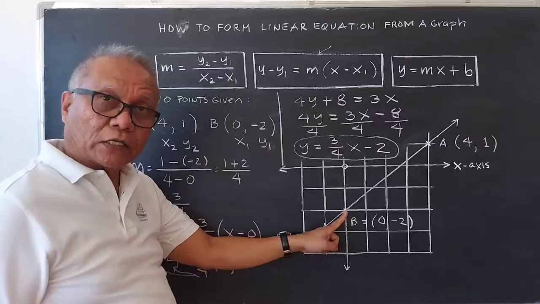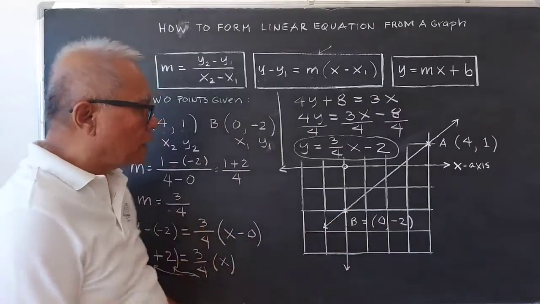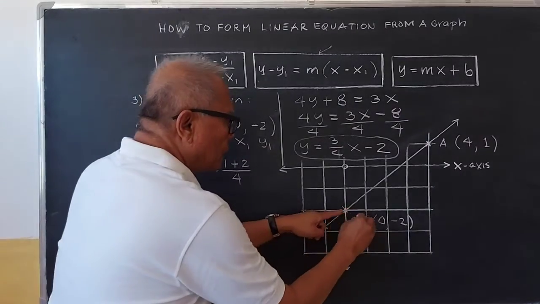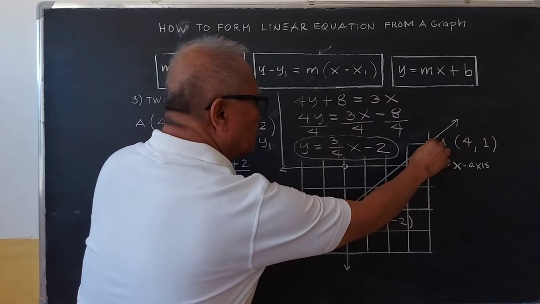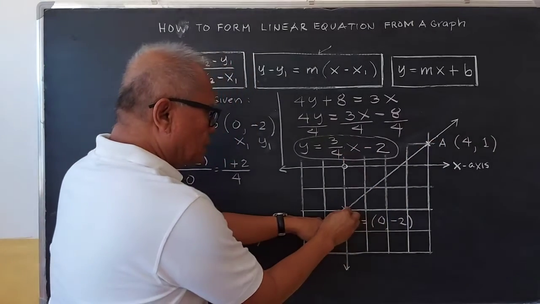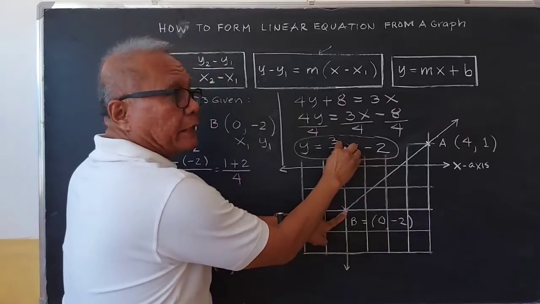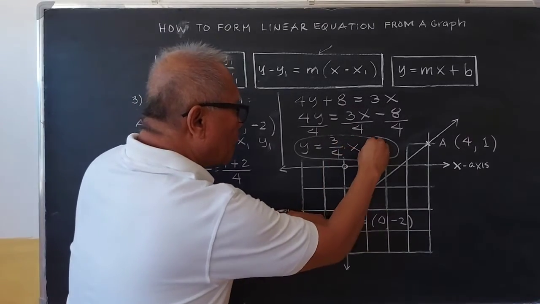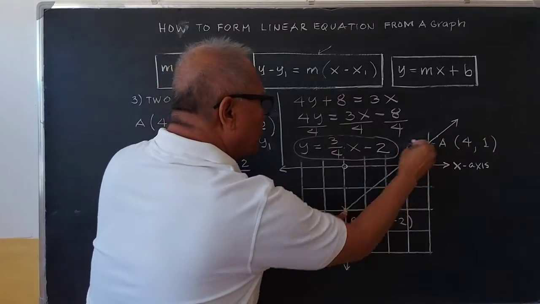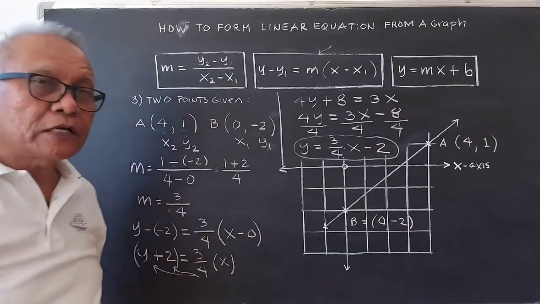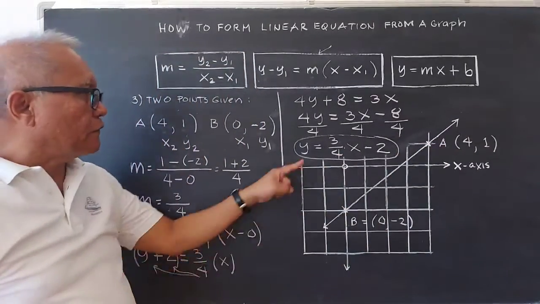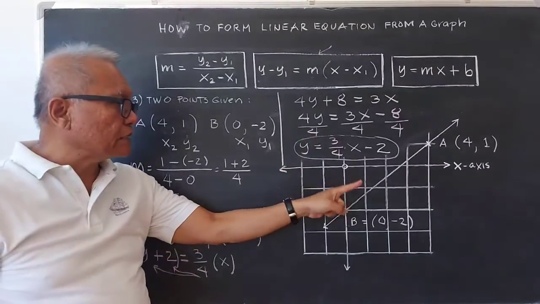Check. What about the slope? Let's say the slope from here to there. So this one. So up 1, 2, 3. So it's 3. And then from here 1, 2, 3, 4. It's 4. So our slope is also correct. Therefore, our equation for this line